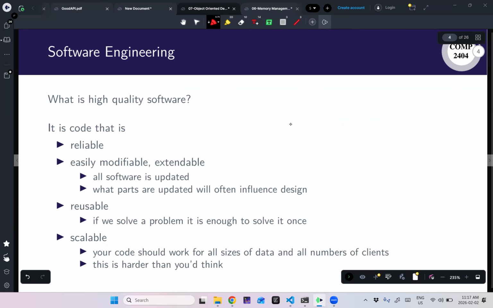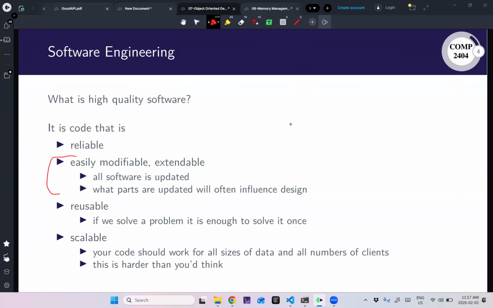But beyond that, we want to be able to add features and not go to a lot of trouble to do that, right? Reusable, if you're making a library, and scalable, right? If you want to be successful, there's a big difference between 100 customers and 1,000,000 customers, right? Even though it's technically the same code, it's got to run a lot better.